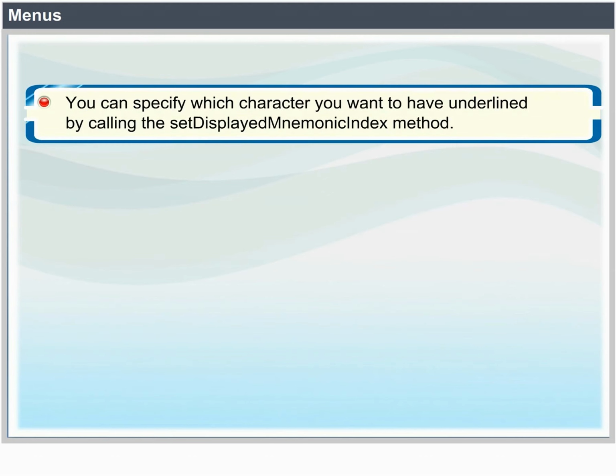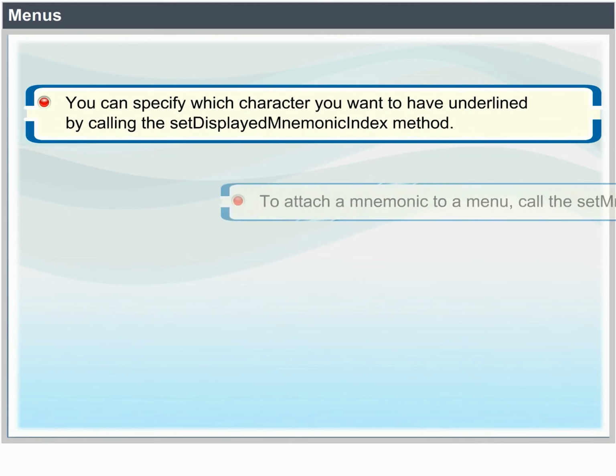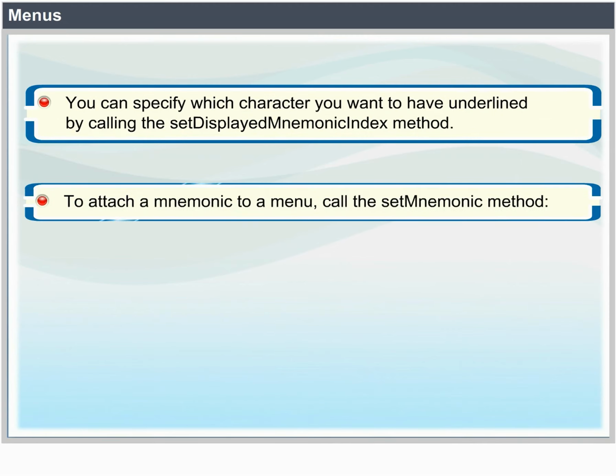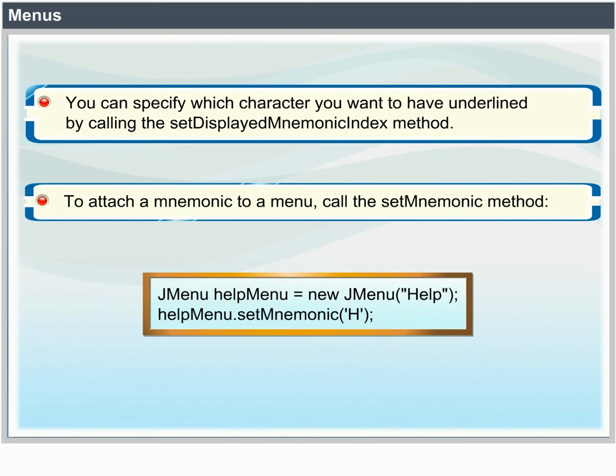You can specify which character you want to have underlined by calling the setDisplayedMnemonicIndex method. To attach a mnemonic to a menu, call the setMnemonic method. JMenu helpMenu = new JMenu("Help"); helpMenu.setMnemonic('H');